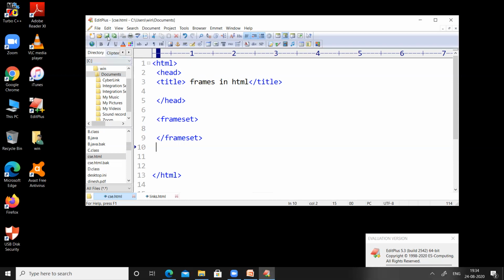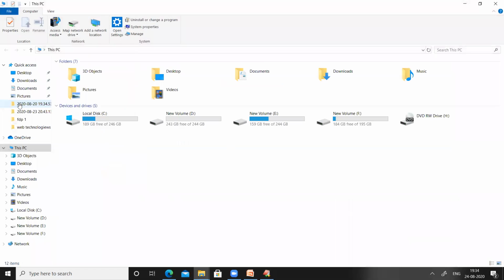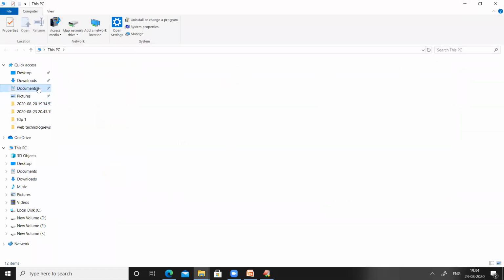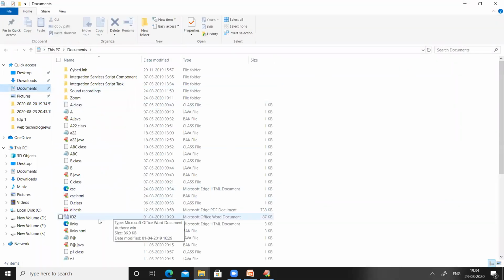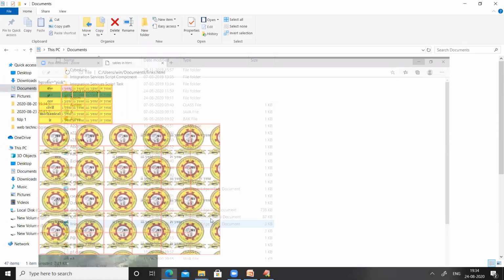I saved the code, and let us observe the output of this particular code, which is in documents. The name of the program is links.html.